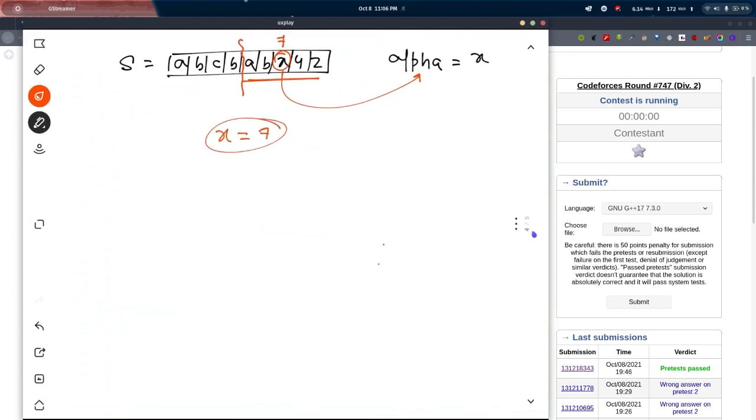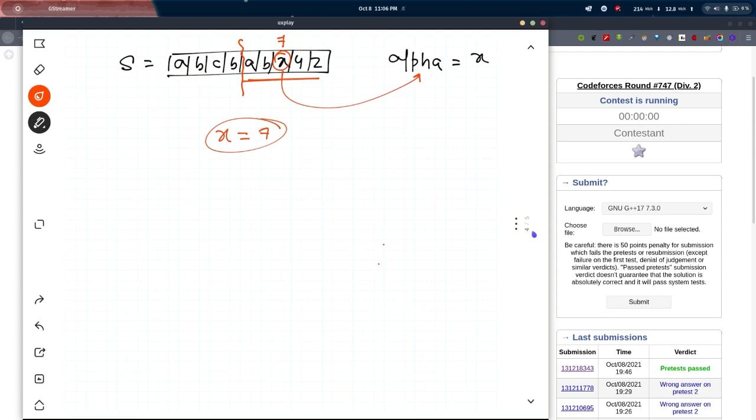Then all the characters from 1 to 6 I can change, because this isn't a multiple of 7. Okay, and I can change all the characters on this side also. Why can I change them? Because the next multiple of 7 will be out of bound. I have already taken the right side of it. When I multiply it by 2, it will go out of bound. Okay, so I can change all the characters.